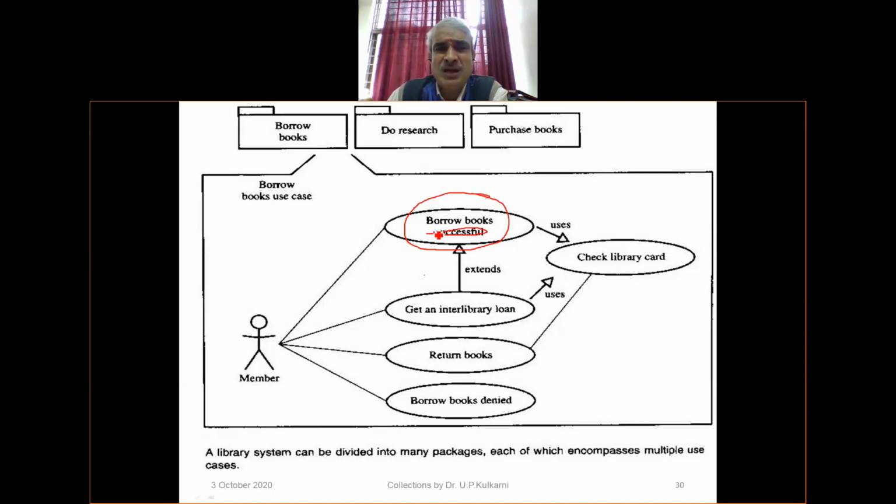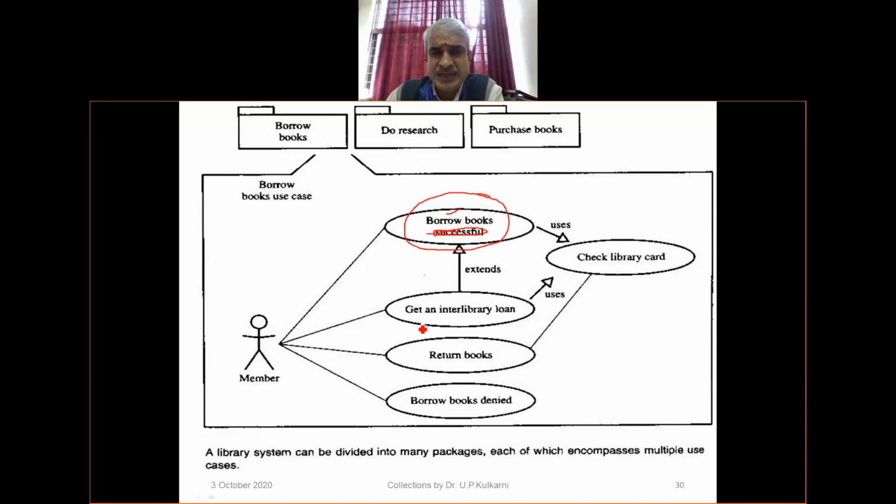Please remember, I was giving a consultancy on all these things at Satyam Computers long back, probably in the year 2008. With that authority, I'm speaking about what is correct and what is wrong, though it's given in the book. We'll say borrow book successfully. Naturally, borrowing a book is an activity, a functionality. Successful or failure, that's not a good combination. We'll be using the use case borrow books.